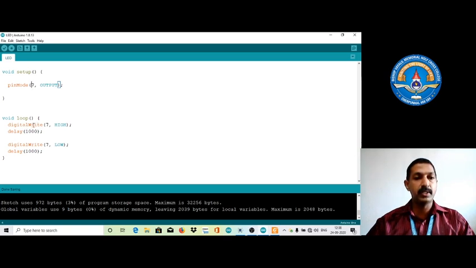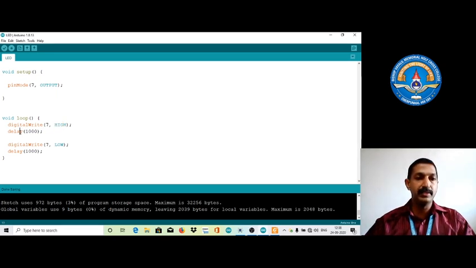The digital write command enables the output, that is pin number 7, to high. High means the high voltage, that is, we are passing the voltage to pin number 7.